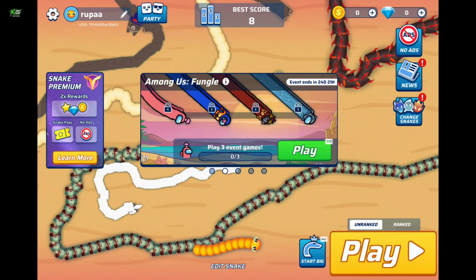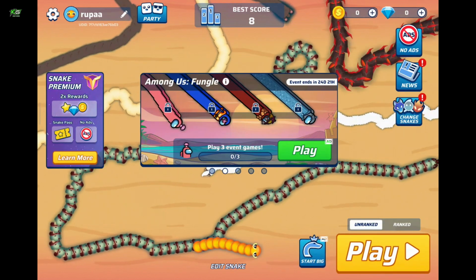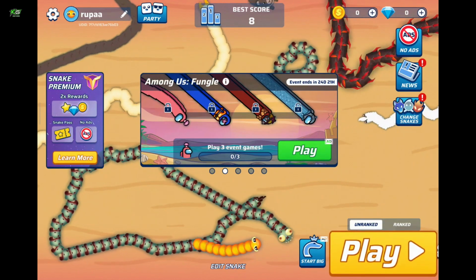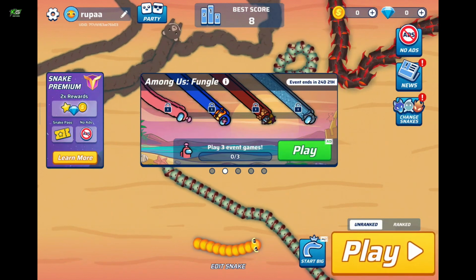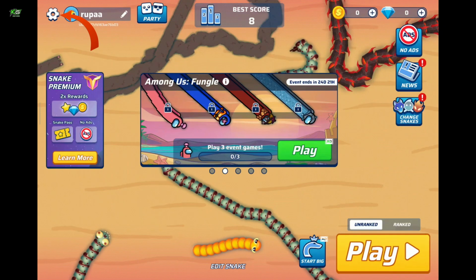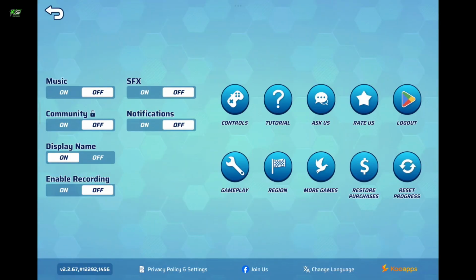First of all, launch the Snake.io game on your device, whether you are using an Android mobile device or tablet, and wait for it to load. From the main home screen, tap on the gear icon at the top left corner. This will open up several menus on the screen where you want to go ahead and find the display name